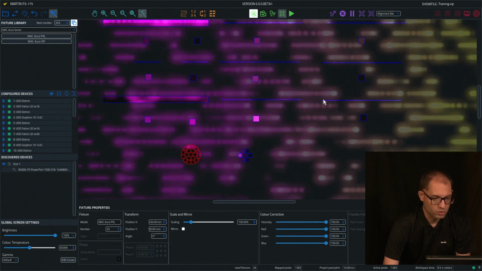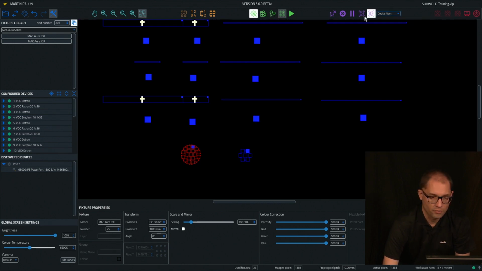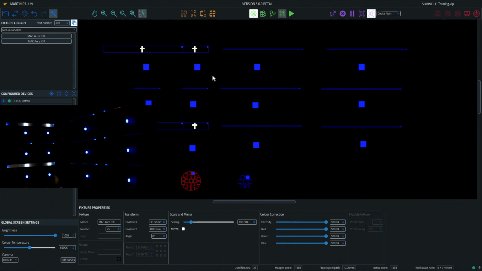Then useful to have on the P3 as well is the built-in test patterns. First one is the device number. So device number will actually write the number on the bigger fixtures where there's enough pixels to do it. On the smaller fixtures, it will just draw an arrow and then indicate pixel 1 with a blue dot, as